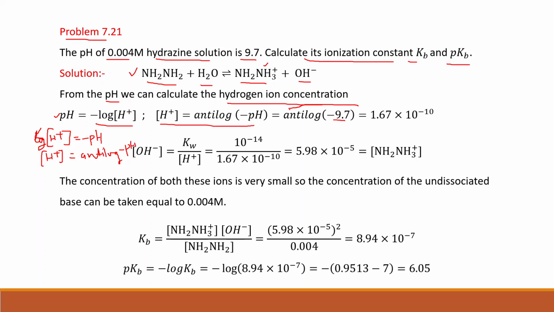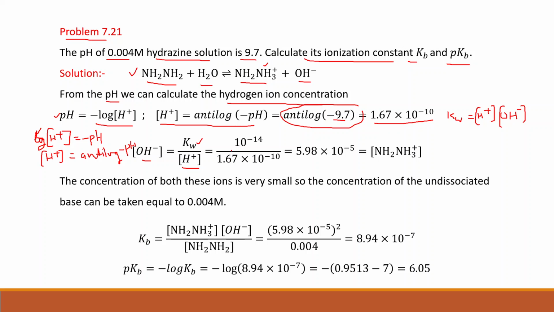And solve with this antilog, you will get 1.67 into 10 to the power minus 10. Now we know the hydrogen ion concentration, and by this formula, that is Kw is equal to concentration of hydrogen ion multiplied by concentration of hydroxyl ion, we can find out the hydroxyl ion concentration. Okay, so hydroxyl ion concentration is equal to Kw divided by hydrogen ion concentration,